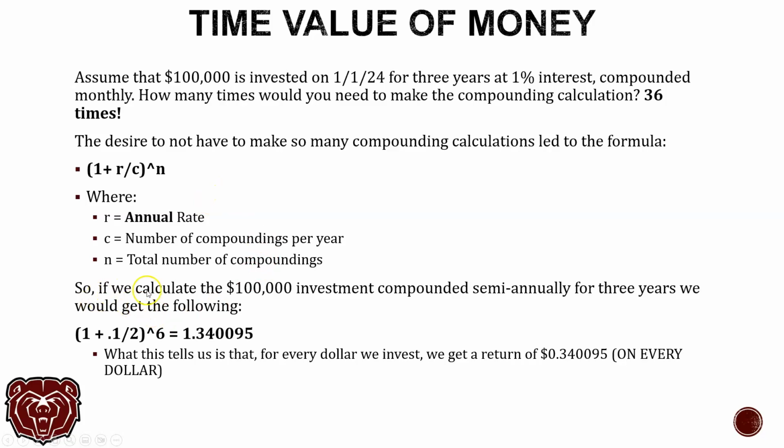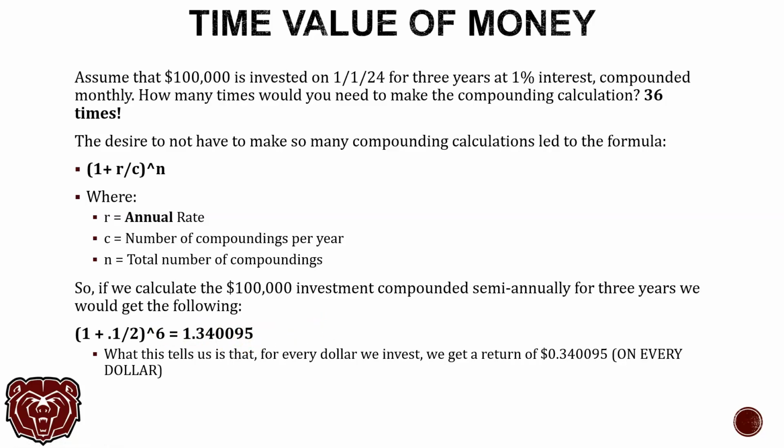36. So let's take a look at this. Let's calculate the $100,000 investment. We're going to compound it semi-annually for 3 years. We're going to get the following formula. Okay, we're going to take 1. We're going to add 0.1, the 10% divided by 2, the number of compoundings in the year. Okay, and that gives us 0.05. And then we're going to raise that quotient to the 6th power. And that 6, remember, is the number of total compoundings. That gives us the answer